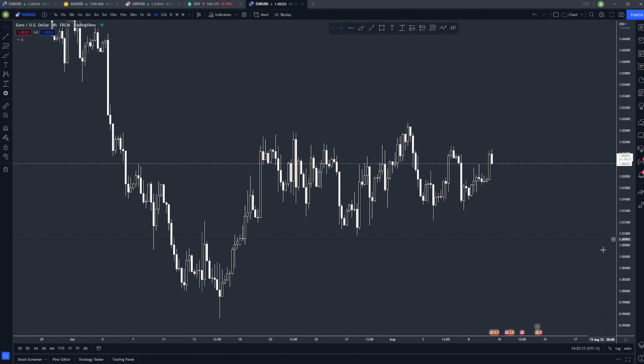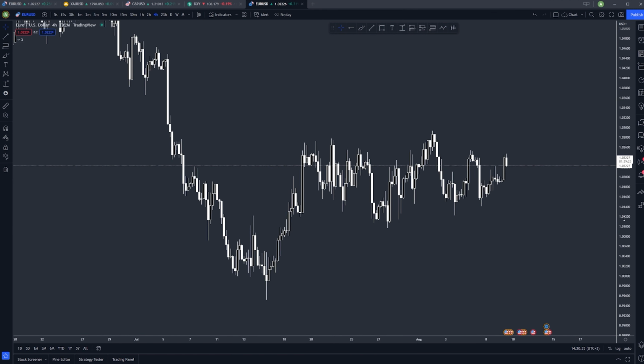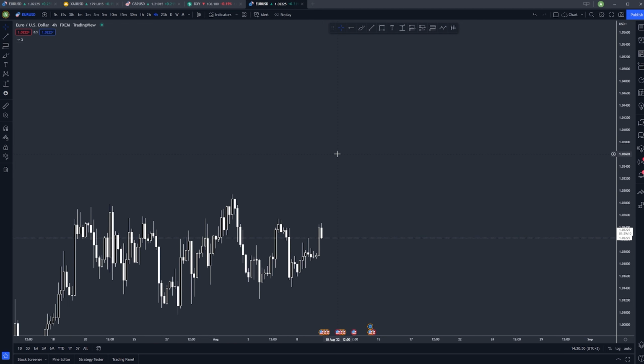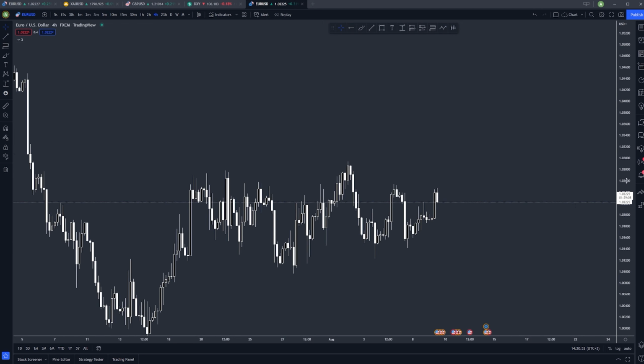So first of all, let's talk a bit about supply and demand. How do we know when supply is in control or demand is in control? The best way to actually find out is to go on the 4-hour time frame or 1-hour time frame. The reason I use the higher time frames like 1 hour and 4 hour is because they do dictate what